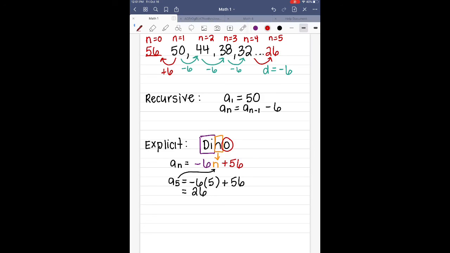So hopefully this helps. But between the two formulas, recursive, you have to know the initial, and you have to state the first term, and then you have to always notate your previous, so a sub n minus 1 plus or minus the difference. For the explicit formula, again, I like using the Dino method, however you want to say it. DI stands for the common difference, so we had the common difference. N tells me to bring down my variable, and the initial value is what O stands for. So that means we're going to go back to term 0, and we're going to do the opposite of the